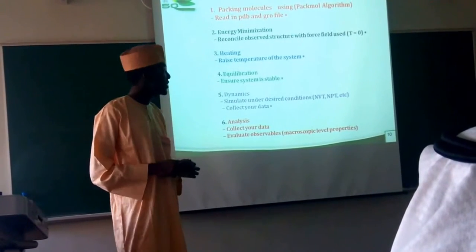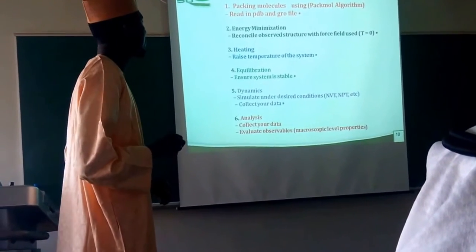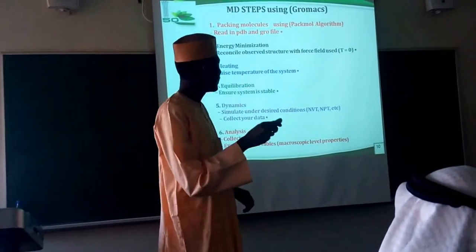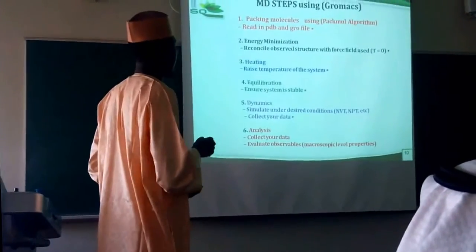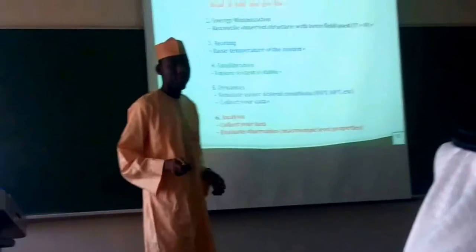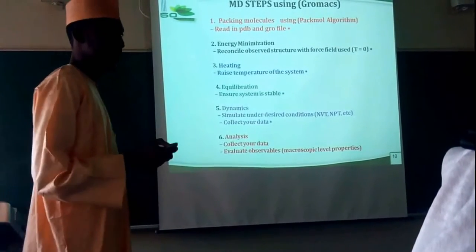Then after reconciling the structure with the force field, we heat the system to about 30 Kelvin so that the system will have some velocity and energy. And then we make sure that our system is stable. We do equilibration, and then we apply our canonical molecular dynamics. In our own case, we use